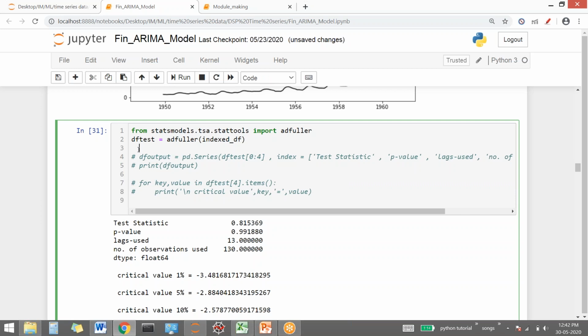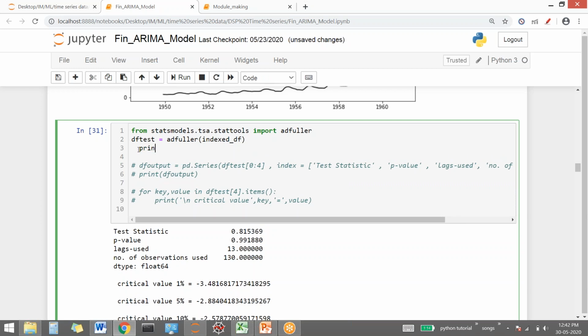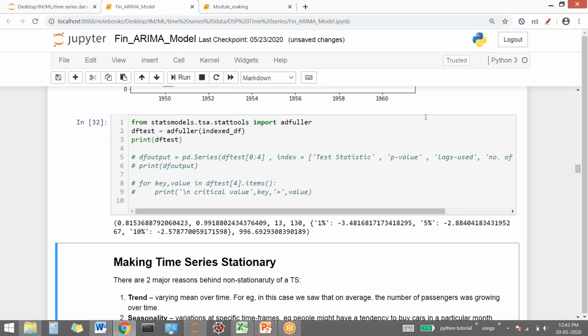Before that, just one more thing here. You see, this is the original result which is given by Dickey-Fuller test. See what I've done, I imported here. I fed my data into this AD Fuller function, and I'm just printing the result. See, I'm getting this value, this value, this value, and this value, and this is another dictionary.